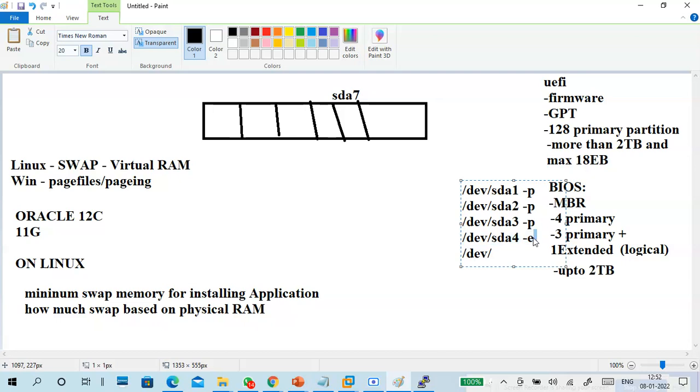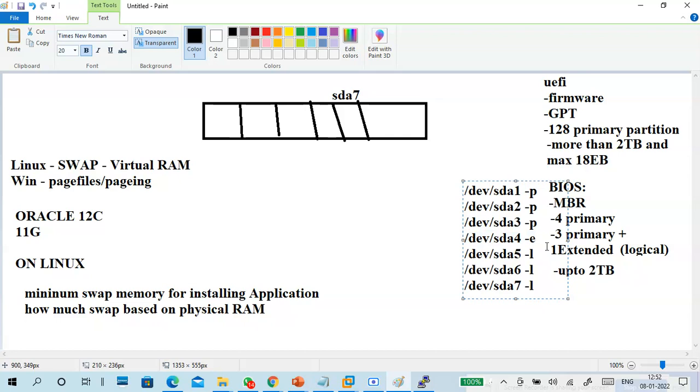On BIOS, sda4 is of no use, only the name is extended. Now comes logical partition 1, and logical partitions are continuous, so look at it properly. Don't worry about where 4 has gone. 4 is there, and all these partitions are logically under 4 only.